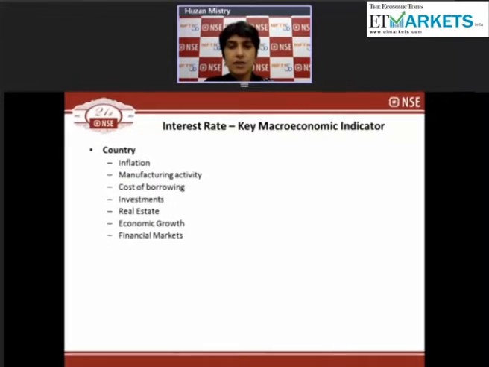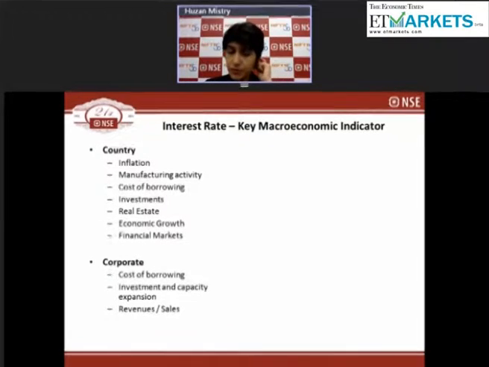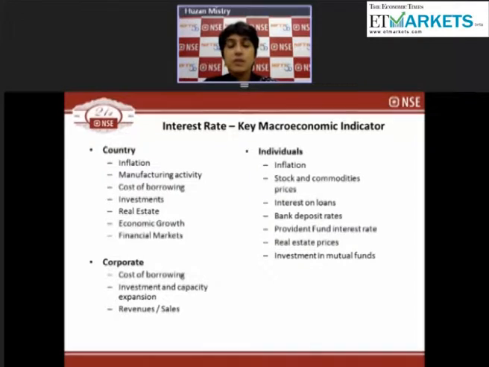Like I said, anything where there is a flow of funds, whether inward or outward, has an interest rate impact to it. For the corporate, again, the cost of borrowing, investment capacity and expansion, and revenue and sales all are impacted by the interest rate at which a corporate can borrow funds. For individuals, again, inflation affects us all. If I have all my investments sitting, say, in a fixed return, which gives me, say, 8%, but inflation in the economy is, say, at 12%, then my returns are not keeping up with inflation. The prices of my investments in terms of stocks or commodities are impacted by what interest rates in the economy are. On any loans I may have taken, whether it's a housing loan or a car loan,